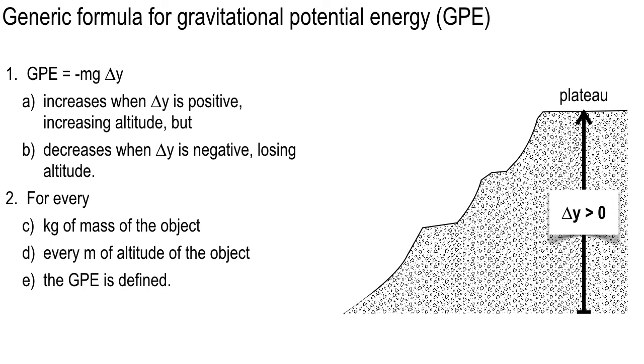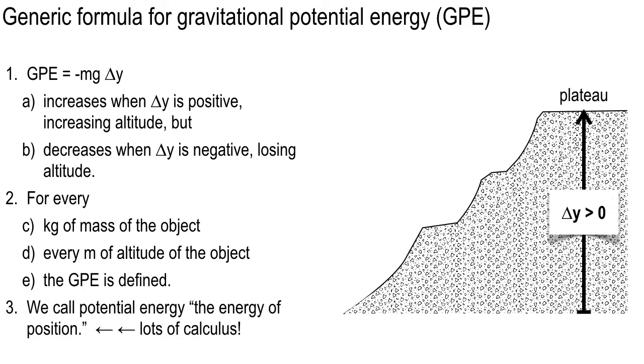Everywhere in the gravitational field. Now, this is near the surface of the Earth. So this is everywhere from the top of Mount Everest all the way down to the Marianas Trench. And if you think of sea level as your y equals 0, then Mount Everest would be about 29,000 feet. Y equals 29,000 and change, something like that. I mean, it's up there. It's almost 6 miles to the top of Mount Everest. Anybody here ever been to the top of Mount Everest? No? Yeah, I didn't think so. It's pretty rare, people that have been up to the top, even though a lot of people have been up there.